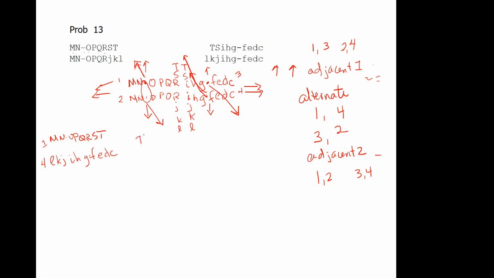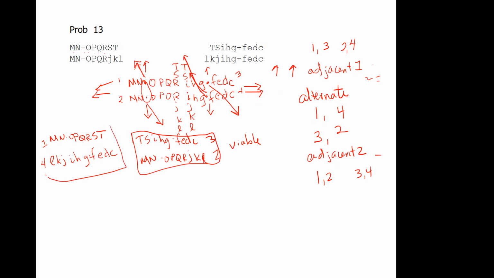So 3 would be T, S, I, H, G, F, E, D, C. That's chromosome 3. And 2, M, N, O, P, Q, R, J, K, L. So you have one of everything. Again, you're fine. Okay, so those are viable. This daughter cell is viable. This daughter cell is viable. We're all good. Okay. Now, adjacent 1, the other thing that's likely to happen is going to put 1 and